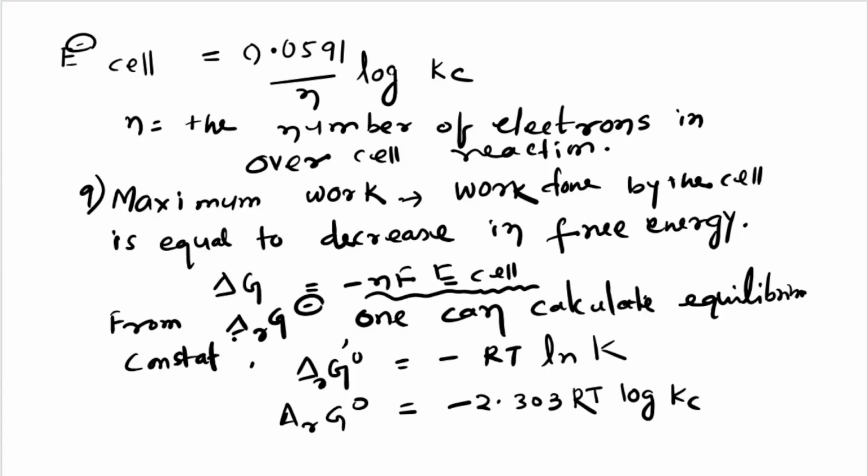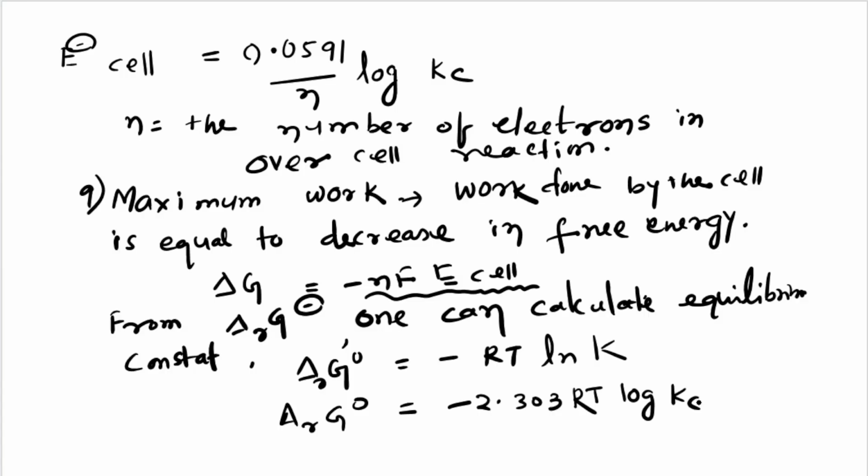So from delta rG 0, the standard value, one can calculate the equilibrium constant. So delta G 0, the standard value, equals minus RT ln Kc. So it is what happened. You put the value, then 2.303 RT log Kc. So here minus